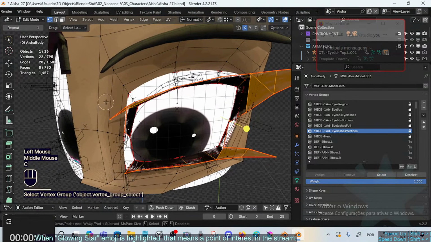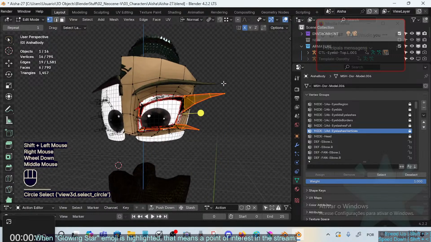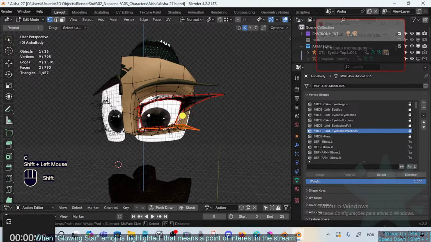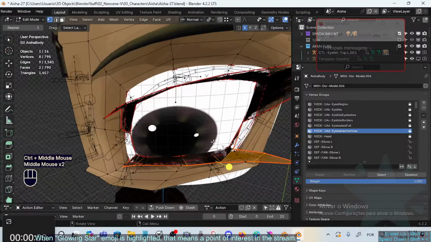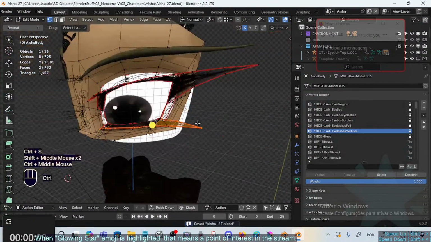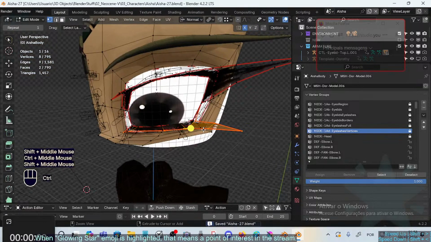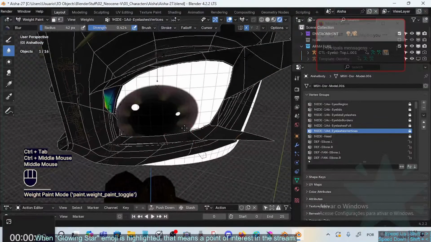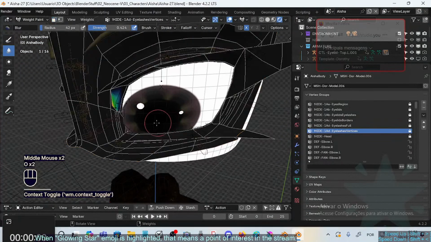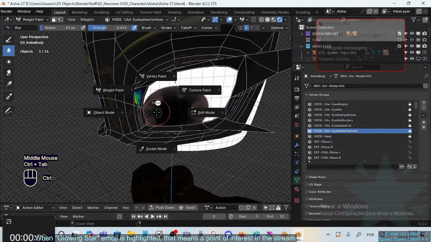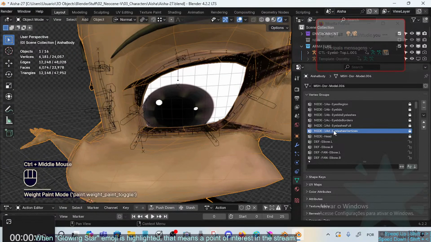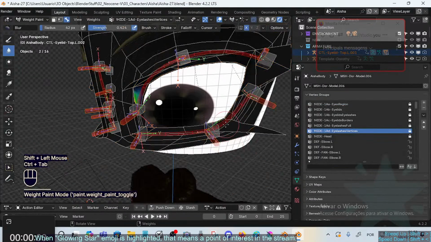So let's skip that and just use the C to select this, and that should be it. What was that? What has got wave painting there? It's just this vertex group, doesn't matter. So let's go here and